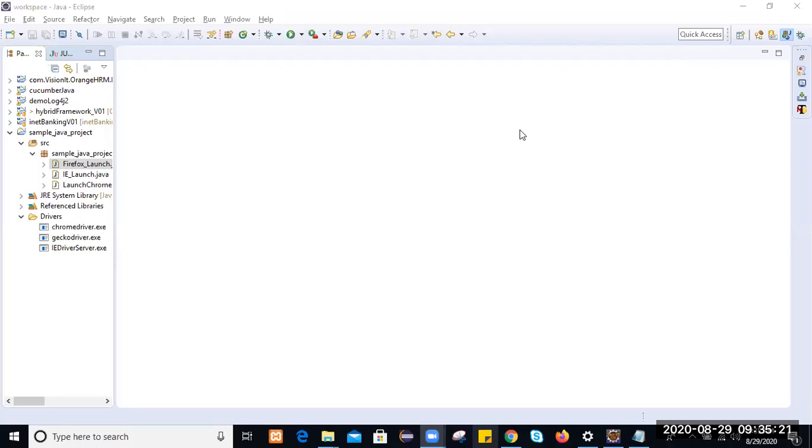Now, we'll discuss what is Selenium WebDriver. What exactly is WebDriver? Actually, this WebDriver is an interface, guys. And every interface has only incomplete methods, as you know.